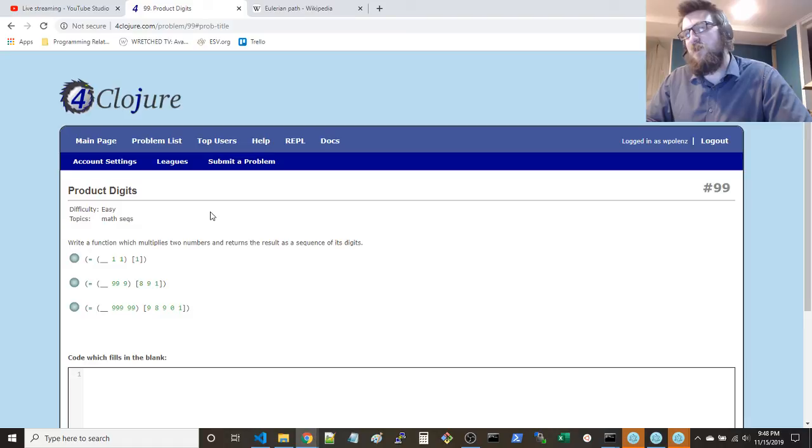Oh, there's a few ways to do this. You could just multiply the 2 and then get the digits, parse the digits, which I don't particularly like parsing the digits in Clojure. It's not so clean. Probably would write like a subroutine to do that, and probably write it iteratively because, like I said, it's not super clean. I mean, it's clean enough, I guess. You could just get the digits of the result. It's probably what I'll end up doing, I guess.